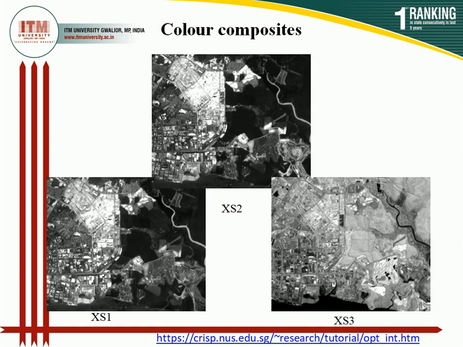So in the red and green zones you can see that the reflection pattern was nearly the same, but in the near infrared zone you can see that all types of objects reflect more, or the vegetation has higher reflectance as compared to other objects, and it appears lighter in color. The water body, which is brighter in color in the previous two composites, appears darker in color, representing that very little reflection comes from the water body.